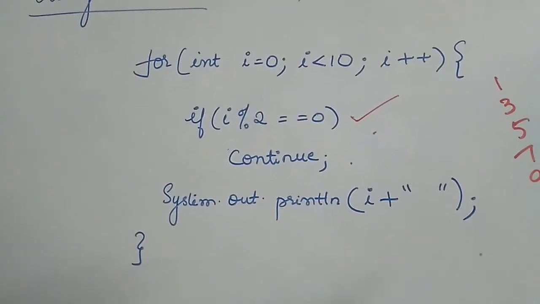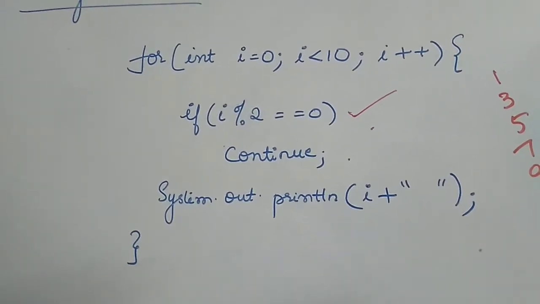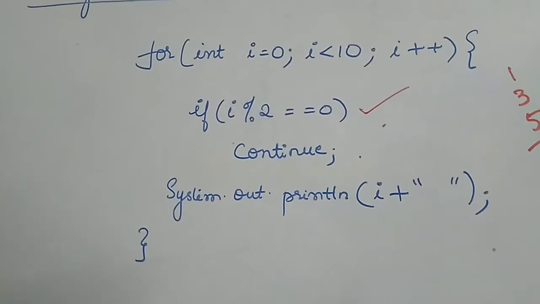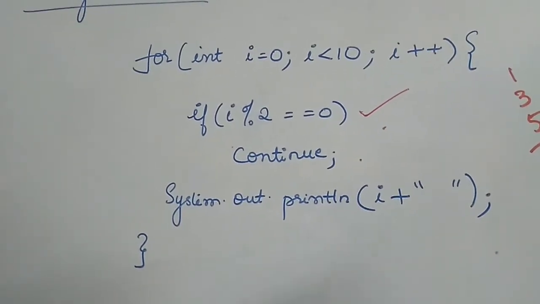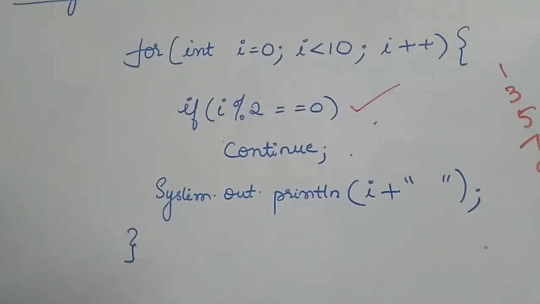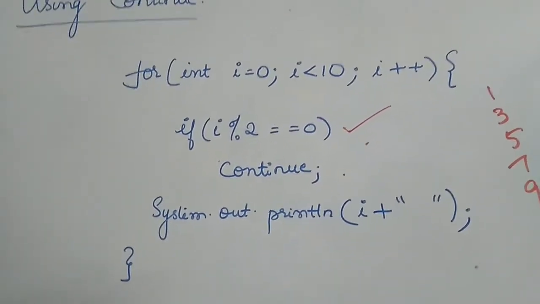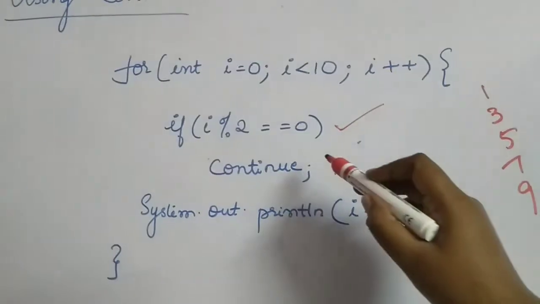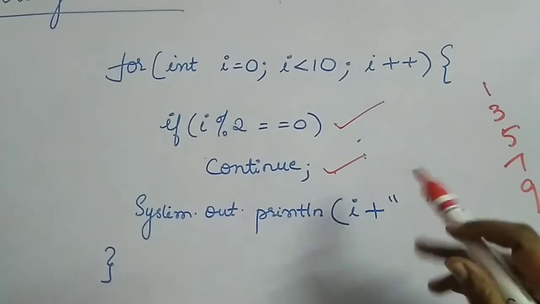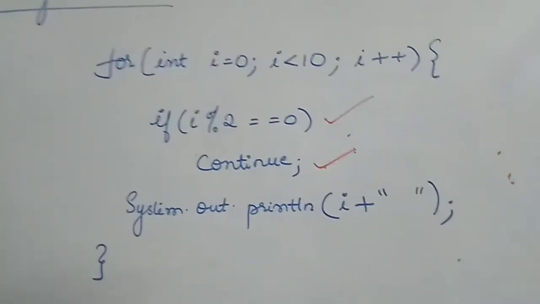If we want to execute through the loop, like we don't want to break and come out of the loop, like in break, we want to continue through the next iterations of the loop, but at a particular iteration you want to skip that iteration, then you will be using continue. So why are we using continue over here? So that it won't print the even numbers on the screen for us. So we'll see how this works.